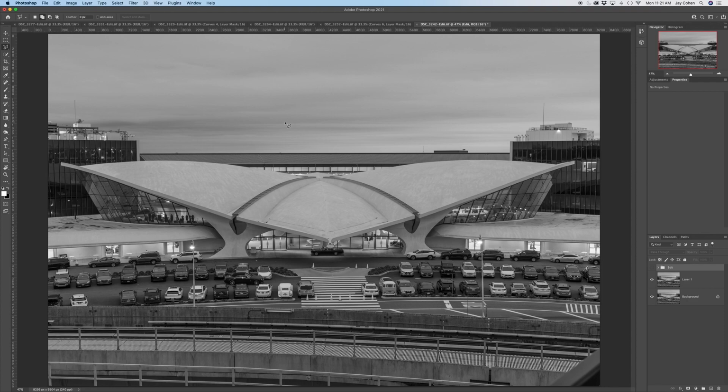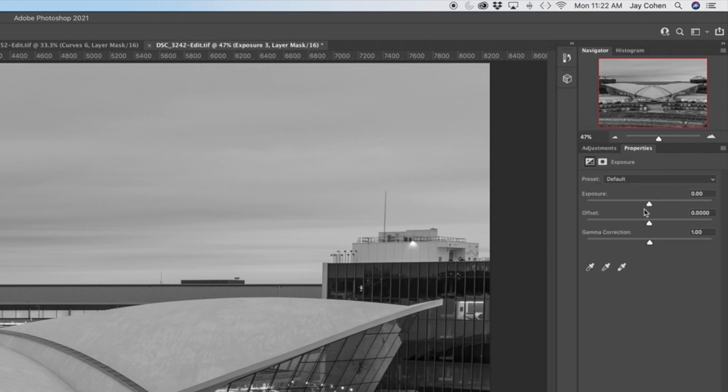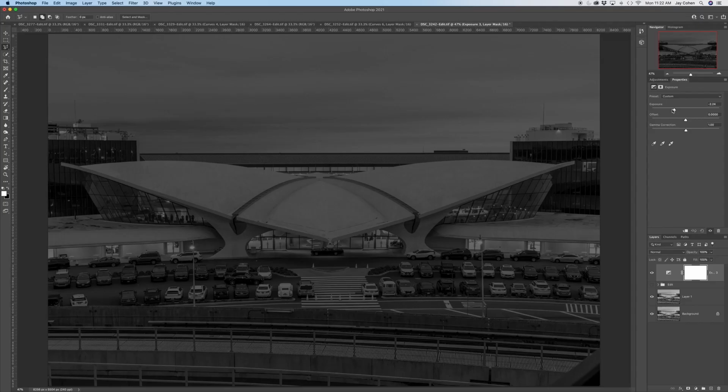The first thing, though, that I wanted to do was remove the distractions of the cars and the tracks in front. And there's different ways you could do it. I just went a really quick route and said, hey, let's darken it. And so I went to an exposure adjustment layer. I pulled down the exposure,